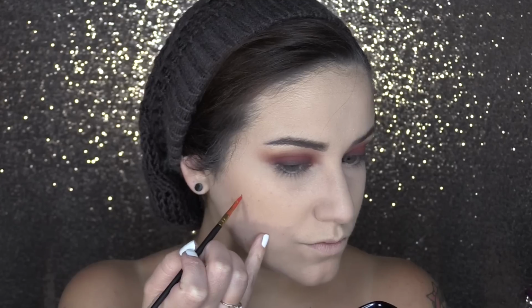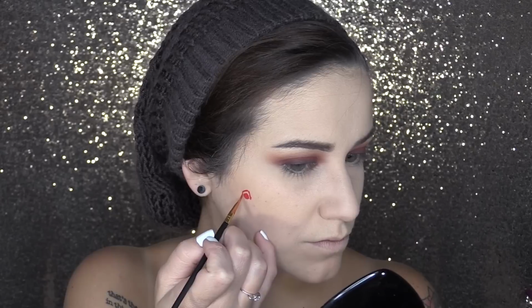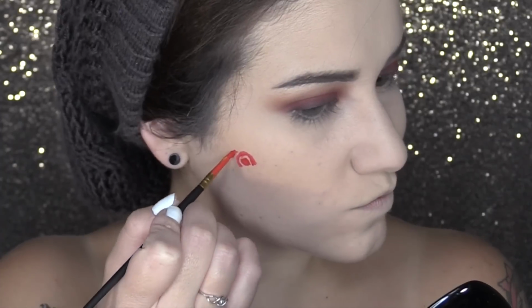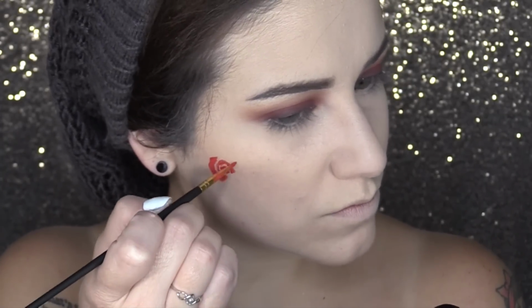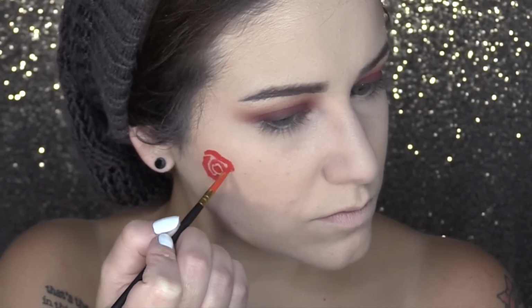I'm taking my Muron Paradise AQ Pro palette, and I am going to start off with the shade Red and begin creating our rose. I always like to have a reference point in front of me, and roses are actually pretty easy to draw. You can't really mess them up too bad. Just keep all of your little C shapes or your squiggly lines pretty tight together, and you can create a